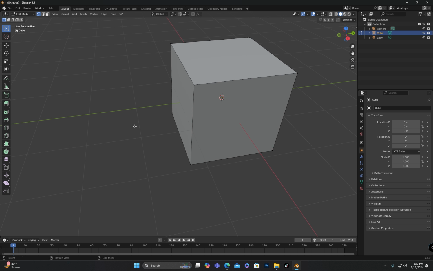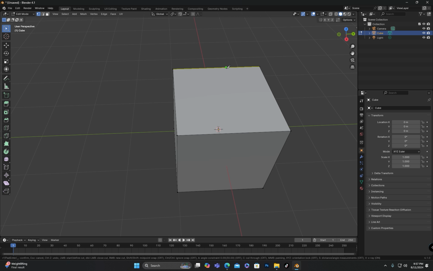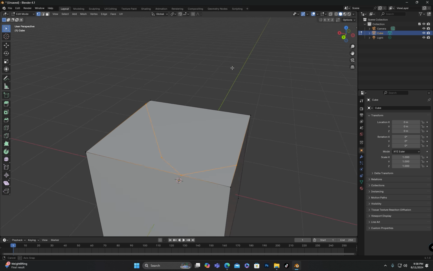Now if I activate the knife tool by pressing K, you will notice that the next important information shows that by pressing the A key, we can enable angular constraints for the knife tool. This means that when I click while using the knife tool, pressing A will enable angle constraint, which will increase or decrease by 30 degrees. Wherever I click, I can continue cutting according to these angles. This way we can make cuts at specific angles and add edges accurately.